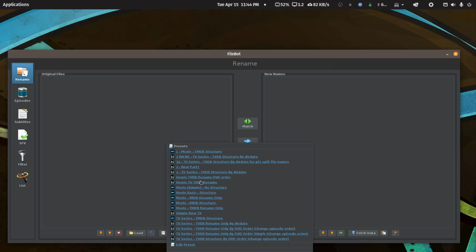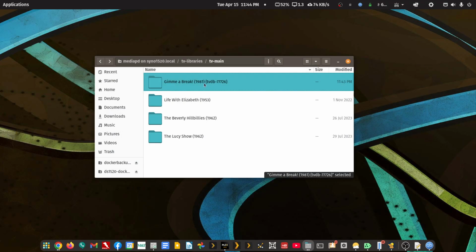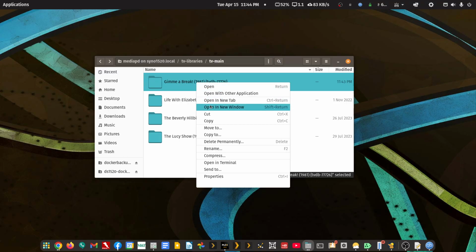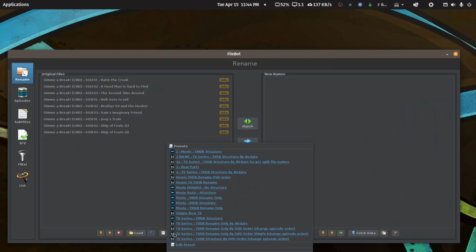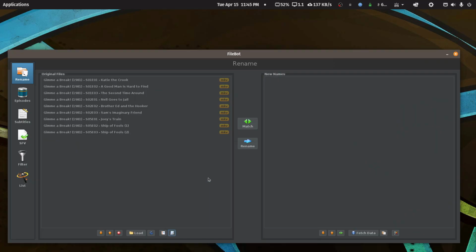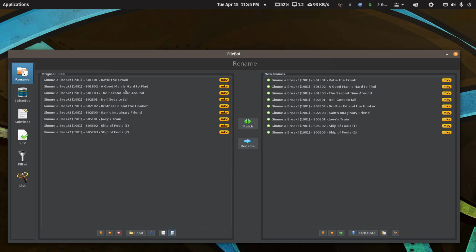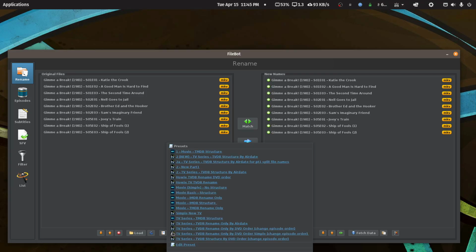So now I have two temporary presets named after Howie. And let's rename this one. Let's see if anything changes. We won't actually rename it. We'll start to rename it. So now we'll choose the new DVD order. And we're looking for a change in episode names. And it looks like the DVD order, if there is one, is the same as the aired order. And if the show does not have a DVD order, it's just going to use the aired order, even though we specified the DVD order